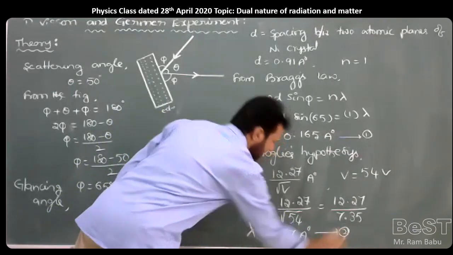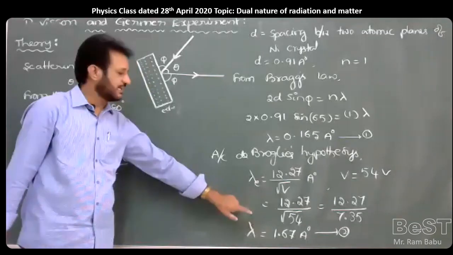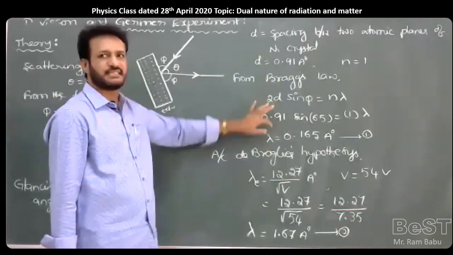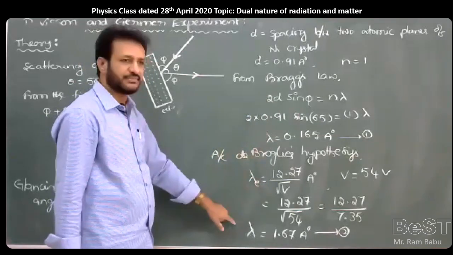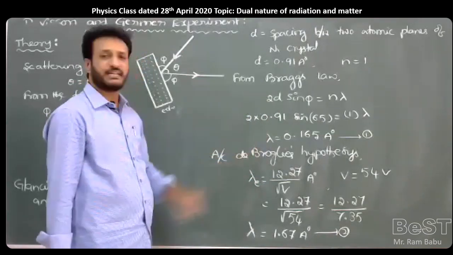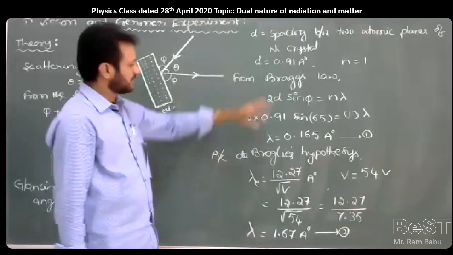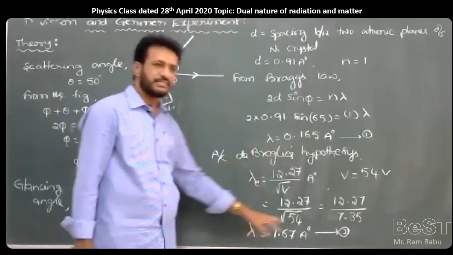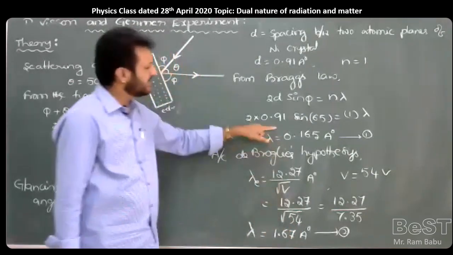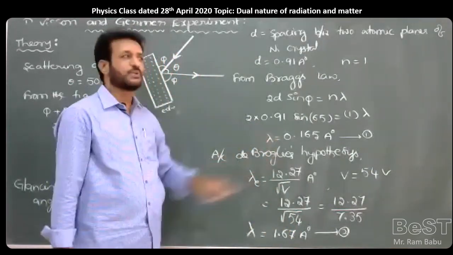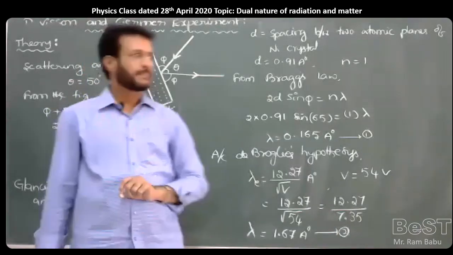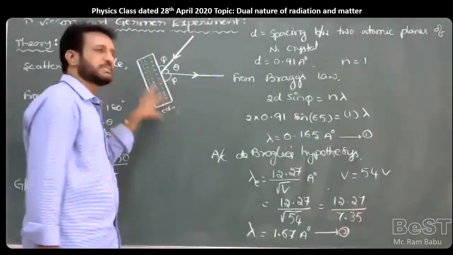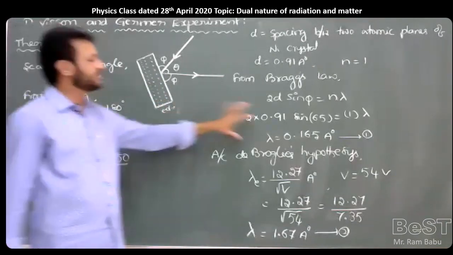It is the second one. So it is a theoretical value calculated by de Broglie. The first is the experimental value calculated by Davis and Germer. If you observe the first and second equations, both are in very good agreement. The experimental value 0.165 angstrom and the theoretical value 0.167 angstrom. Hence we can prove the wave nature of electrons. Hence the Davis and Germer experiment confirmed the wave nature of electrons.